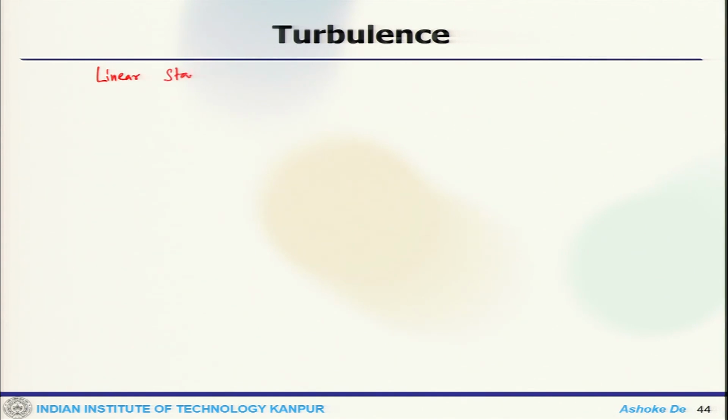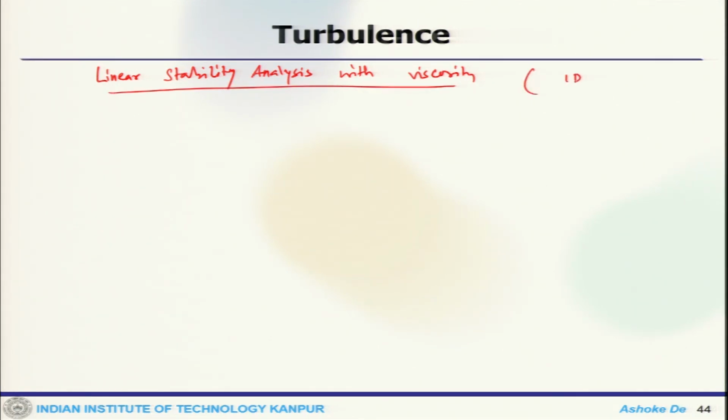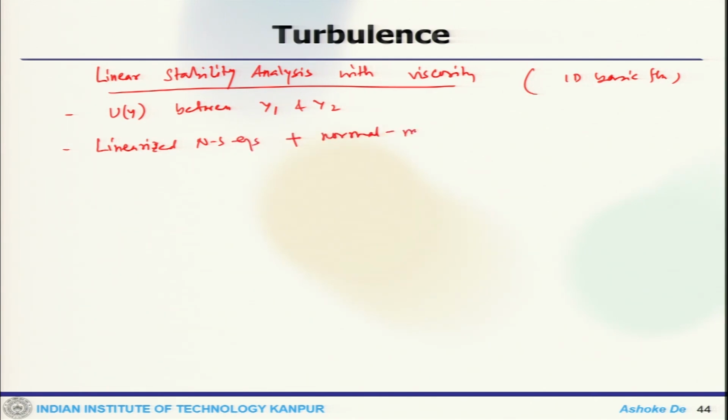So, now we can do the linear stability analysis with viscosity. So, again we can have a 1D basic flow and we have U of y between y1 and y2. So, we can write the linearized Navier-Stokes equation plus normal mode analysis,